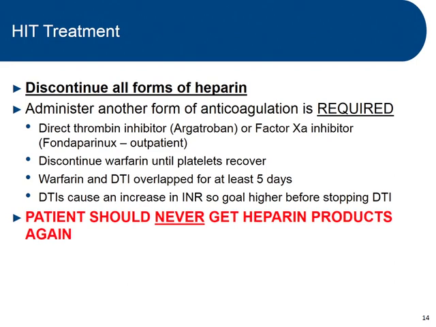Once warfarin is restarted, it should be overlapped with the other anticoagulants, such as the direct thrombin inhibitor, for at least 5 days. The reason why is because these patients are in a prothrombotic state because of the HIT that's occurring. And if you stop their anticoagulation, warfarin takes several days to start working. So in that interim, when warfarin's not working, if they're not on another type of anticoagulation, they're at very high risk for clotting. So warfarin and the other drug, usually a direct thrombin inhibitor, should be continued for at least